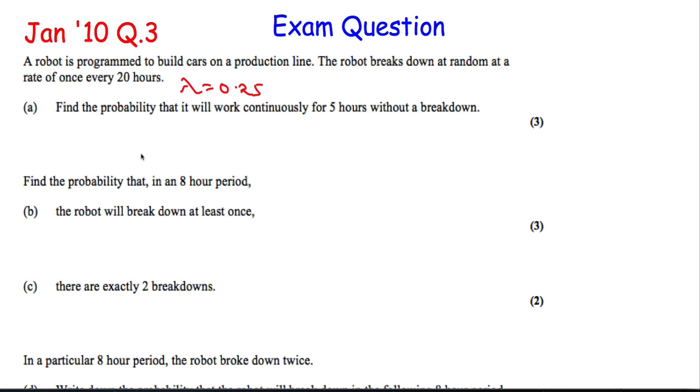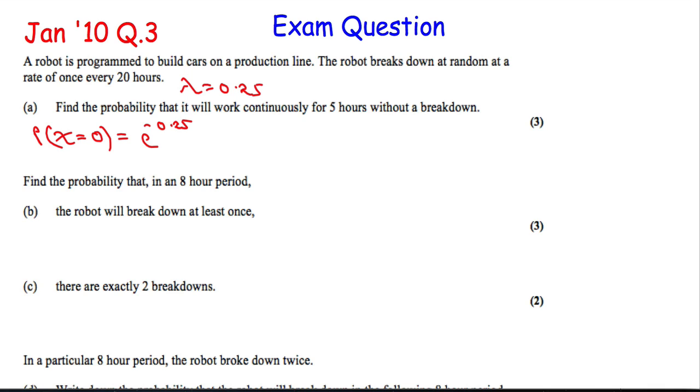So what I'm saying here now is that I want the probability that x is equal to 0. X is the random variable that the robot breaks down. So if it doesn't break down, that means the probability of x equal to 0. So we're going to put this into our formula now. So we get e to the minus